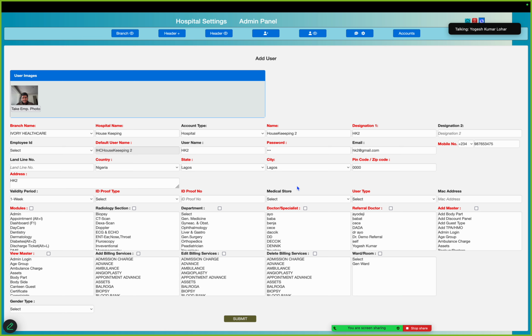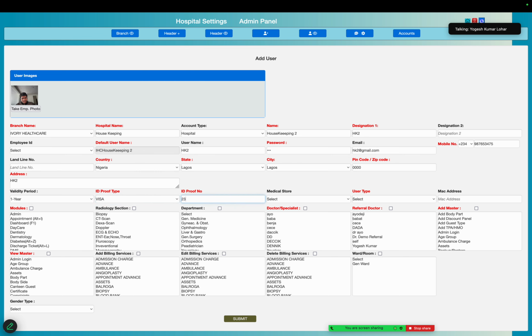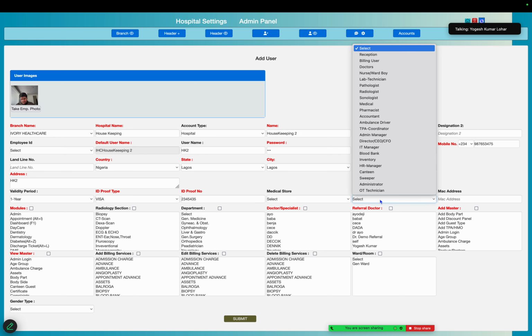So we are doing training for the housekeeping department, and here we will have authorizations of the respective services, and the housekeeping user. So we will select the user type housekeeping.